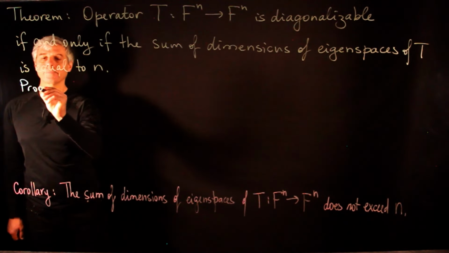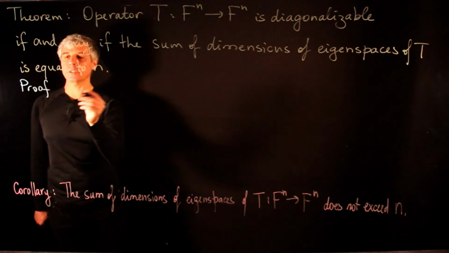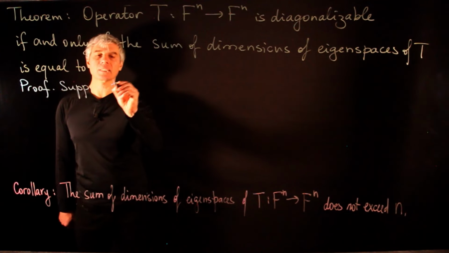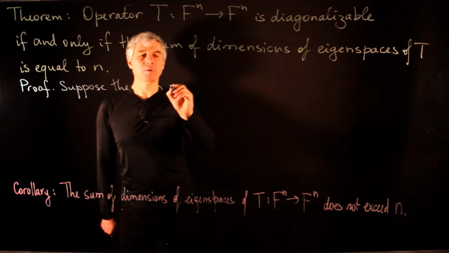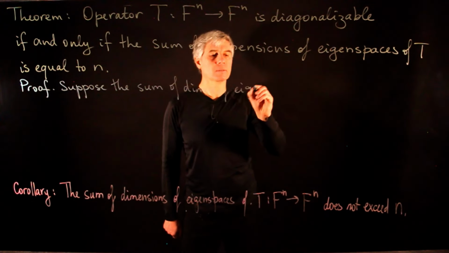Let's give a proof. So here this is an if and only if statement, so we need to prove two parts. Now suppose the sum of dimensions of eigenspaces